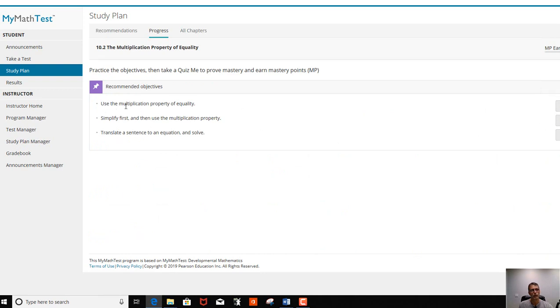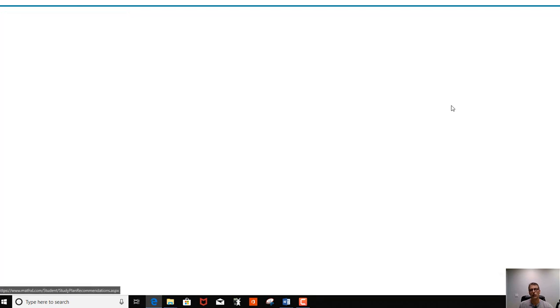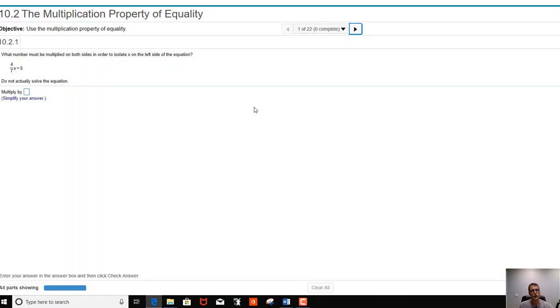So for example, the first topic says use the multiplication property. If I click on practice, notice what happens. I have several questions to work with. There are 22 questions in this. I practice with those. And what's interesting is that now